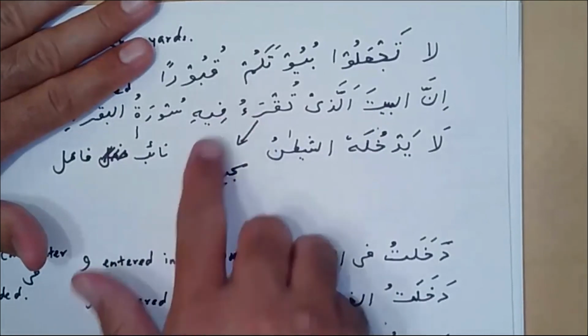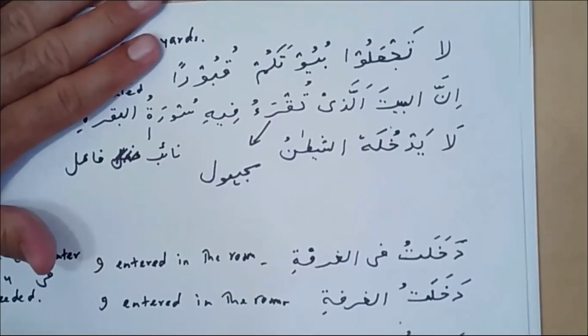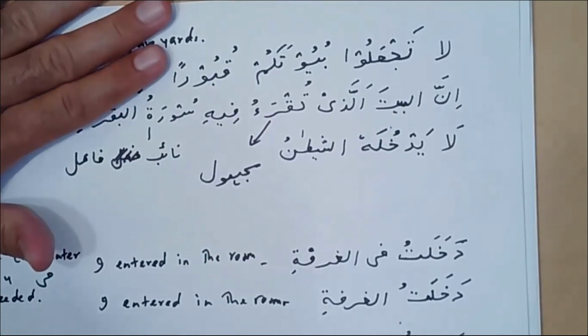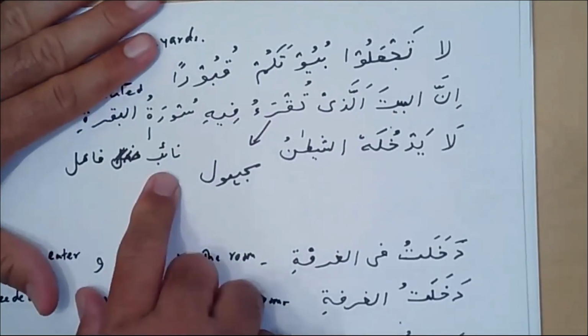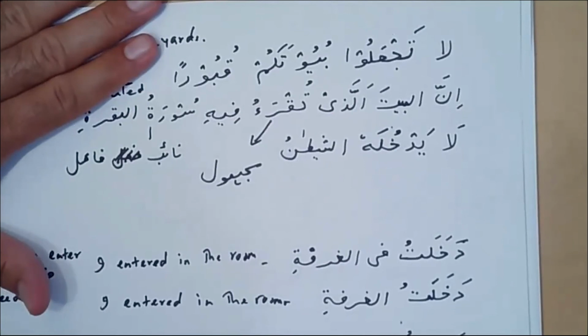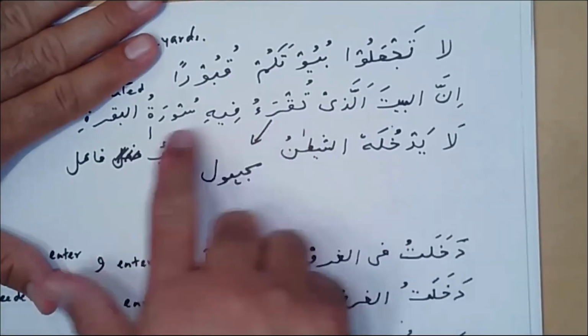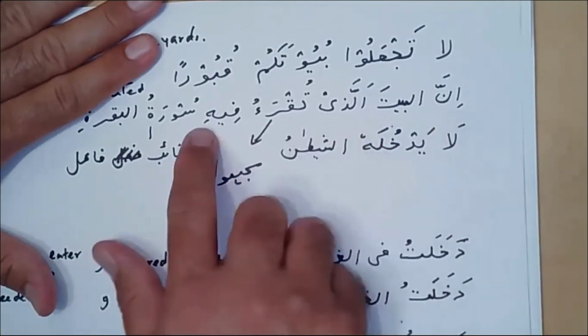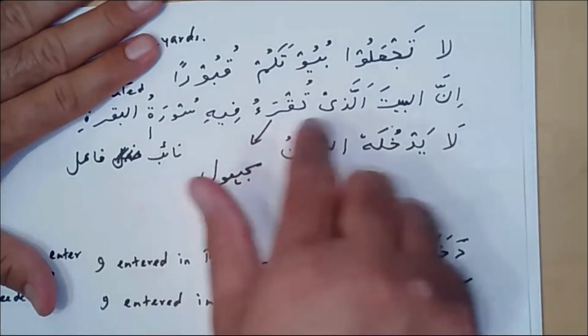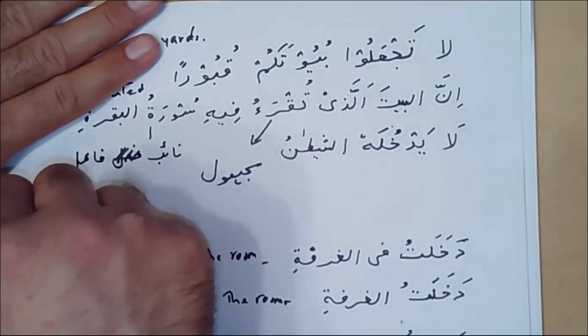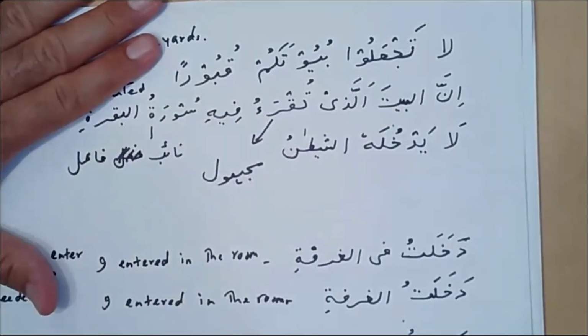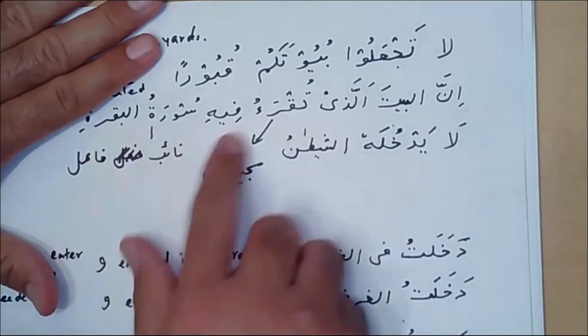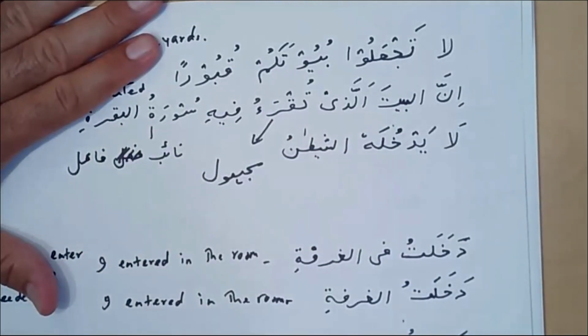Tuqra'u fihi suratul Baqarah. Who's the maf'ul here? Who's the object? Surah Al-Baqarah. Is Suratul Baqarah naib fail? Yes. Who's reading this? The people of the houses, right? The people of the house. Yes. In this sentence, do we have to say that the people of the house are reading the Surah Al-Baqarah, or is it understood? Understood. So that is the sentence where the fail is majhul. This is a passive voice.